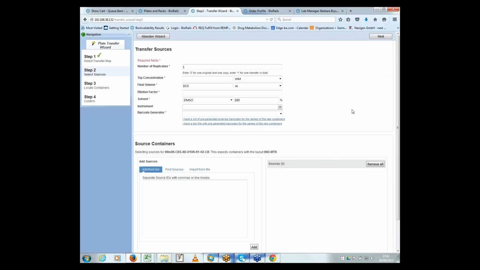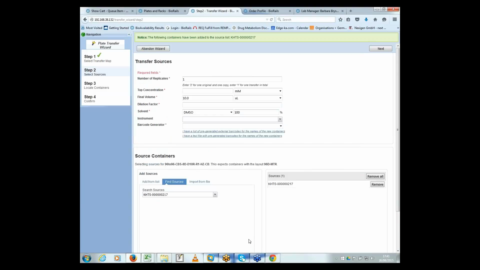Next, what I want to do is then select the source plates I want to operate from. So here I'll just select the plate that we just created, add that to the list. So that's my source rack in this 96 position matrix tube rack. And I'm going to create 3 replicate plates because that's what the request was for, with a top concentration of 10 millimolar